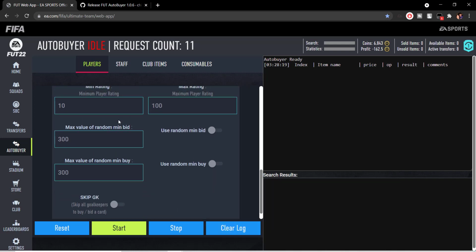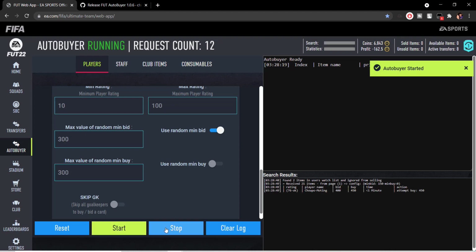And what these two do is avoid the cached result. If you use the same criteria again and again, there might be chances where you get the same cached result. To avoid that, you can toggle this random bid. For each of the searches it will incrementally change the random bid so that you won't get the cached result. Okay, so if I start now,